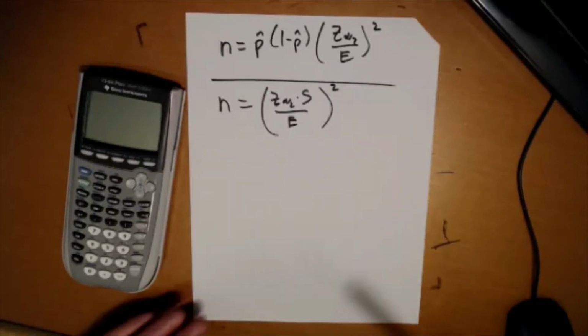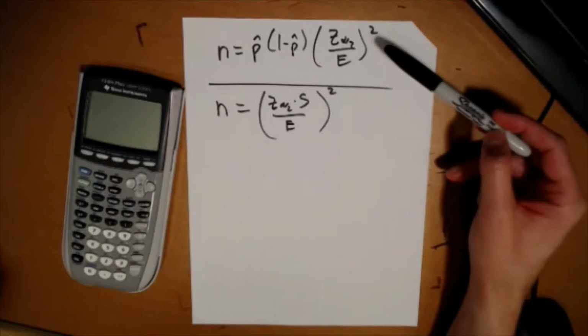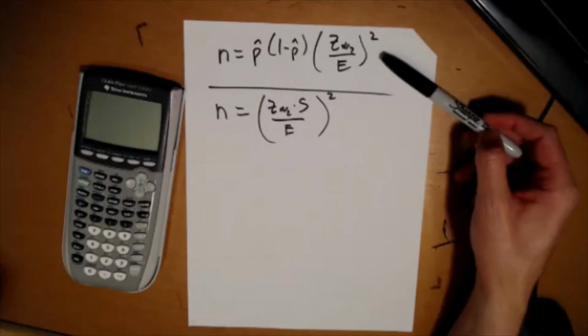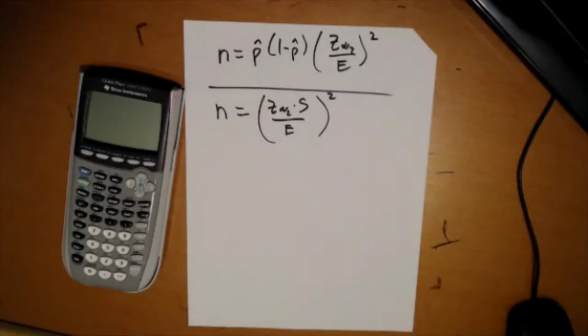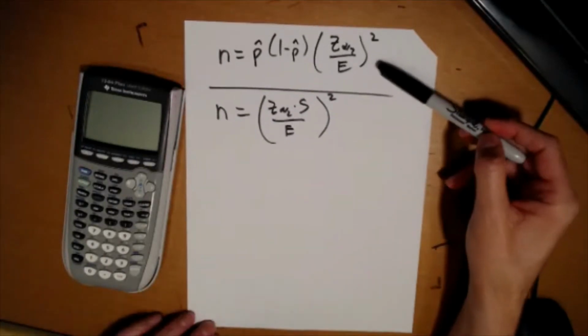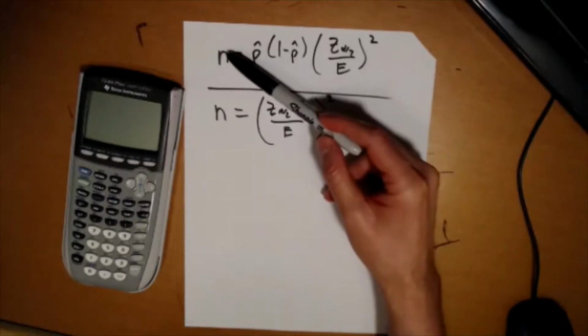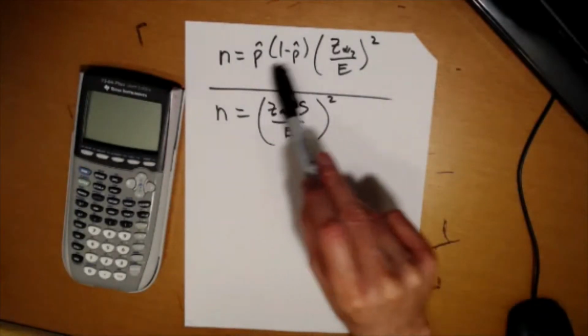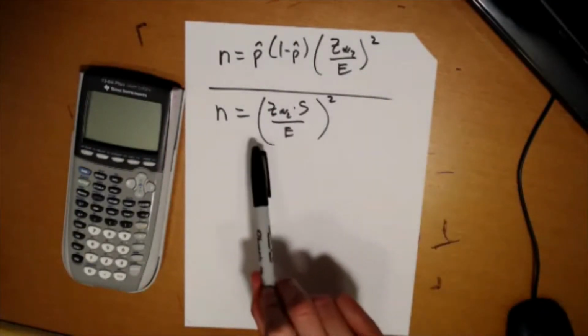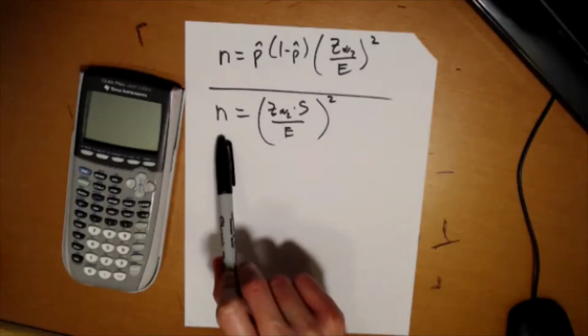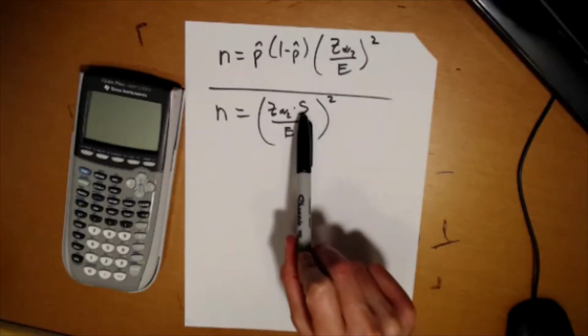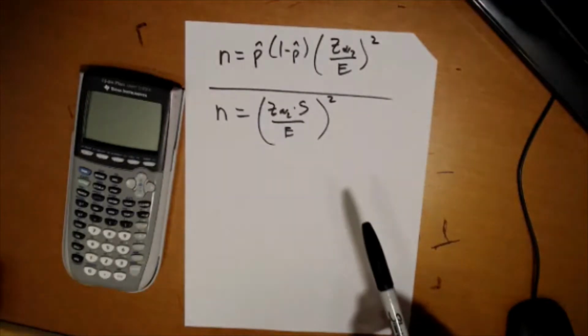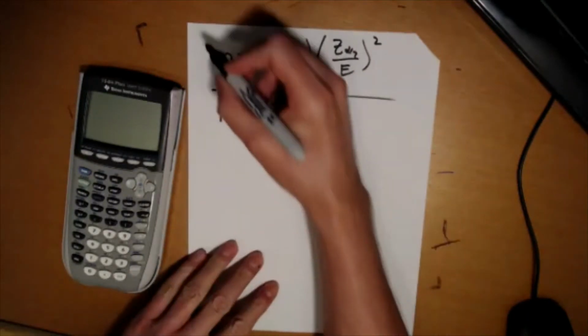Hey folks, remember we had this formula from 9.1 last test when we were looking for sample size and we're talking about proportions. So it turns out we have a new formula for sample size, but when we're talking about means, when they give us a standard deviation. So if we read the problem, number three,